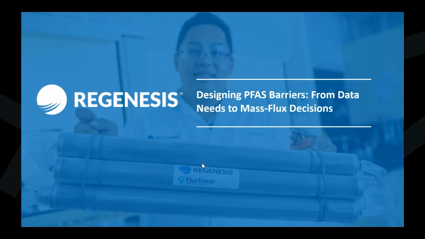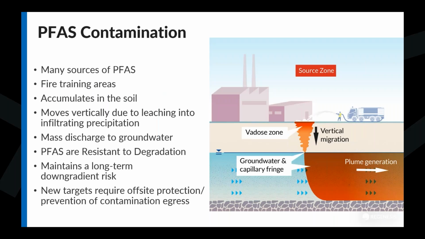I'm going to switch gears a little bit here. I want to stay on the theme of data, and focus a little bit more on the remediation side of things. As we know, PFAS has certain challenges associated with it, and there can be many sources. In looking at remediation, there are different places we may find it: a source in the vadose zone, or it eventually makes its way through the soil into the groundwater, where it may be concentrated in the groundwater capillary fringe, but also will move on and you'll have a plume as the PFAS compounds make their way into the groundwater.